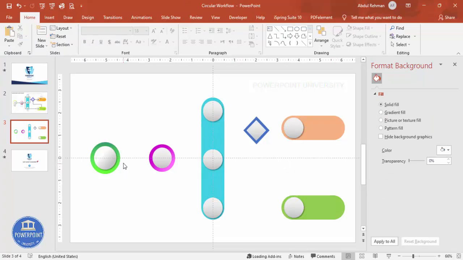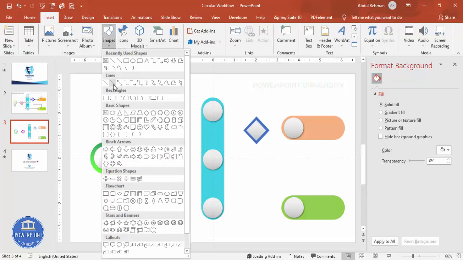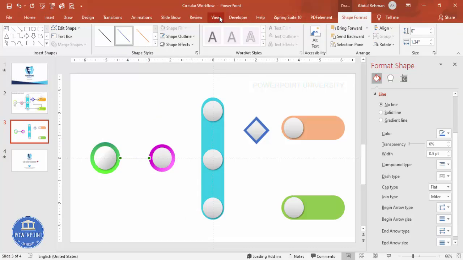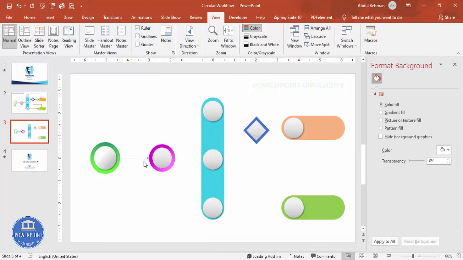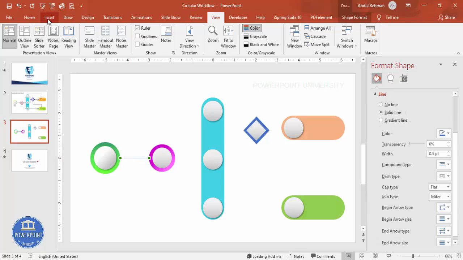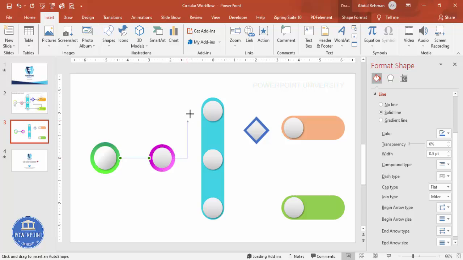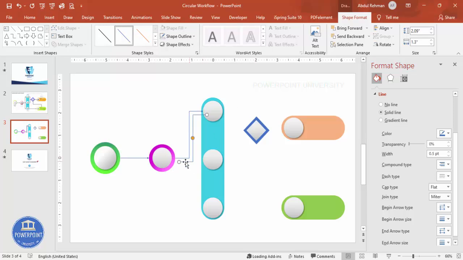So once this is done, I'm going to draw the lines. For that, go to insert shapes. I'm going to choose this line arrow, and this line arrow, from this drag and drop it here. Let me just remove this guideline so you can understand, and then insert arrows. Now I'm going to choose this one which is coming from this and till here. You can see here, press Ctrl D. This is second one which is going to this, again Ctrl D, this one with